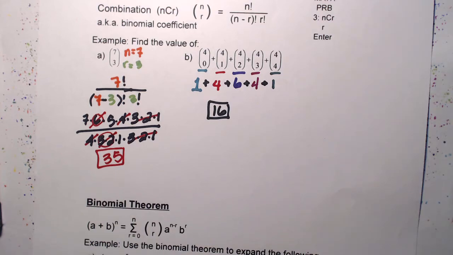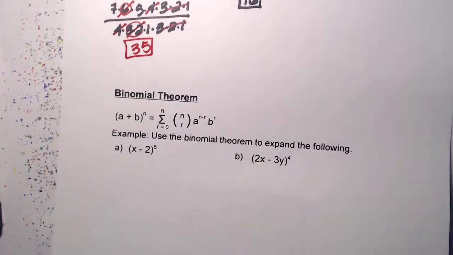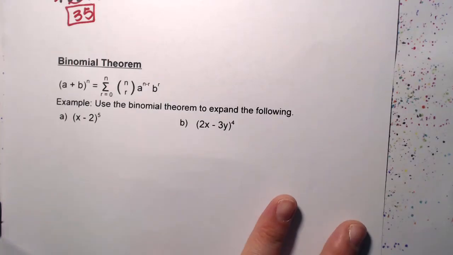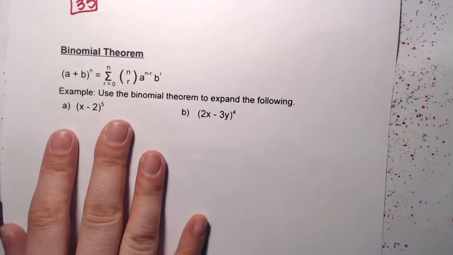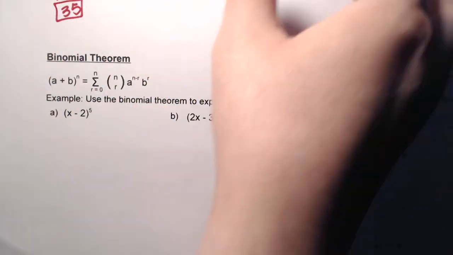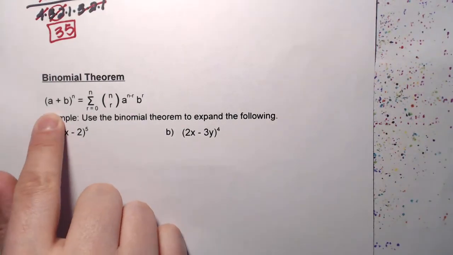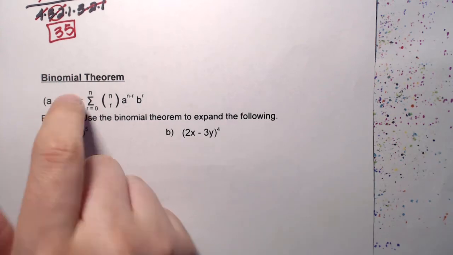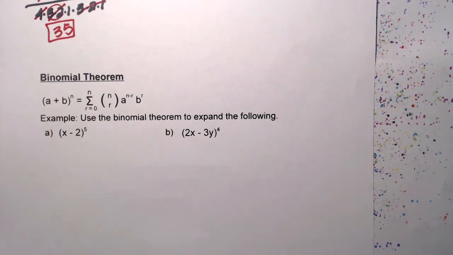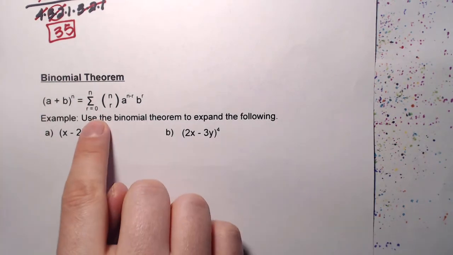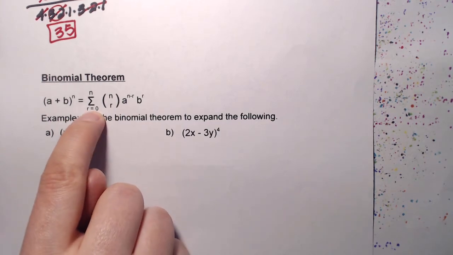So the binomial theorem is this right here. Let's see if I can get the paper to stay. But basically, if you have a binomial raised to an exponent and you need to expand it, you take the summation